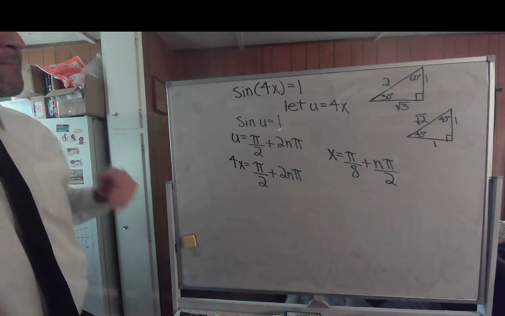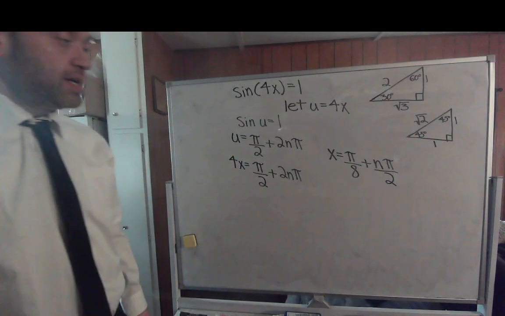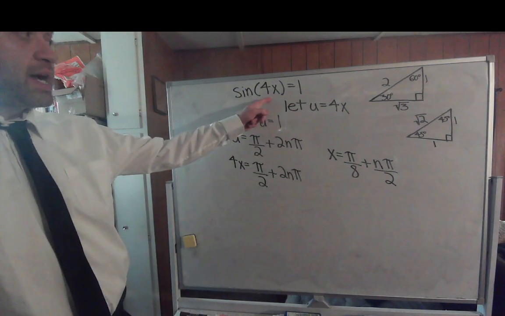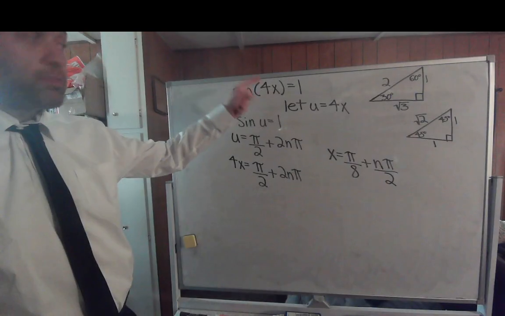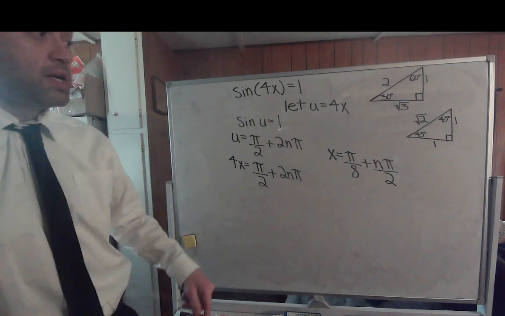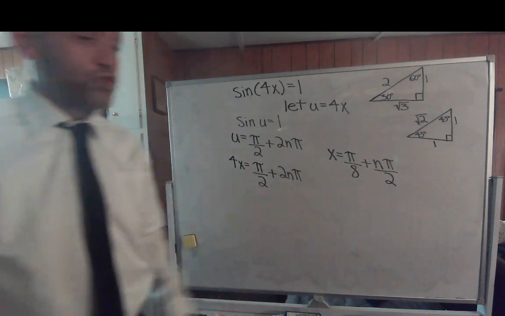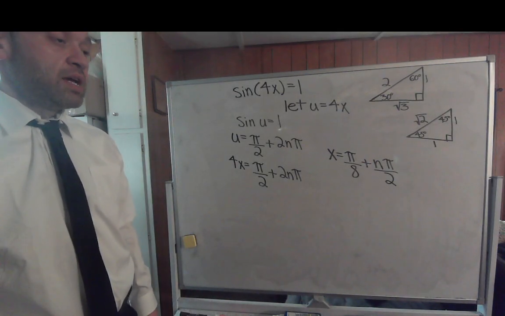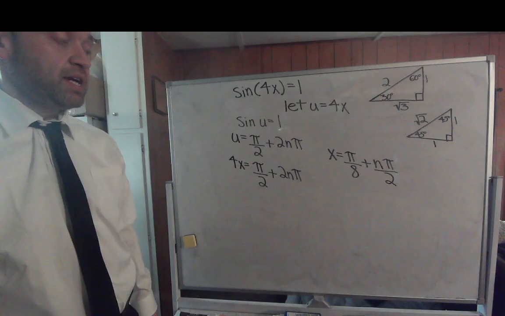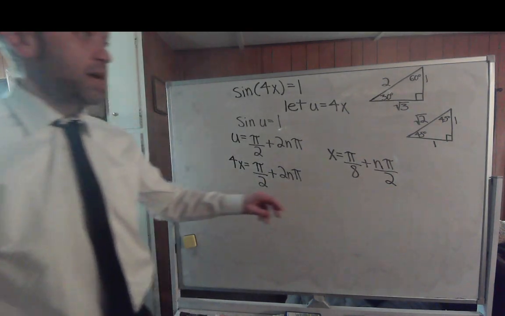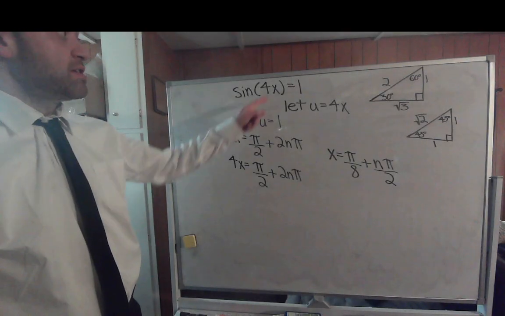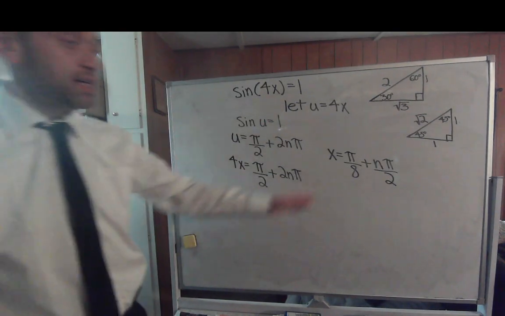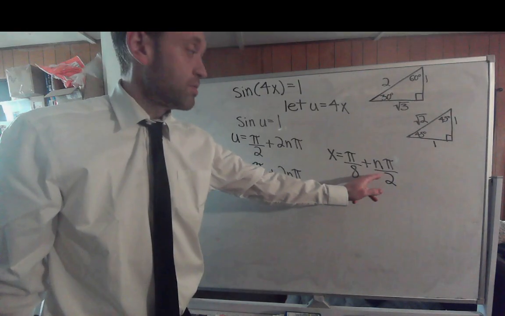So let's put in any integer multiple of n. If I put in pi over 8, let's just put in 0.4 times pi over 8, that's going to give me pi over 2. Sine of pi over 2 is 1. If I put in 1 for my integer multiple, well, pi over 8 plus pi over 2, that's going to end up being 5 pi over 8, which would turn into 5 pi over 2, which is the same as pi over 2. That's true. So yes, any integer multiple of pi over 2,